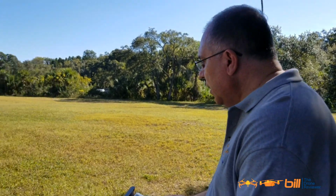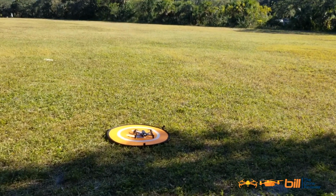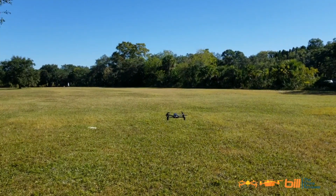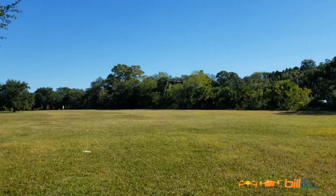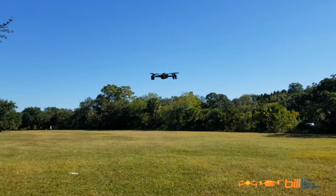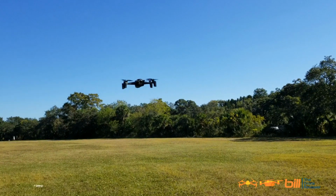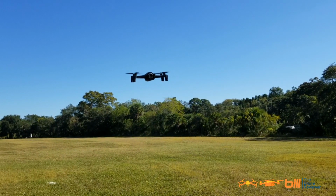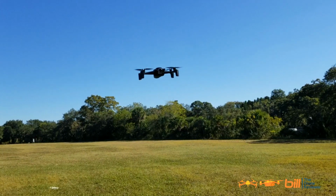Did you want to show off any features that you like about it? Let's go ahead and show off. I'm going to go ahead and take off here, and get it to hover so you can take a good look at it. Let's move it just a little closer to us. And it's very stable. I'm very, very impressed with that. And it's quiet. I think you could probably hear it. It's one of the things that